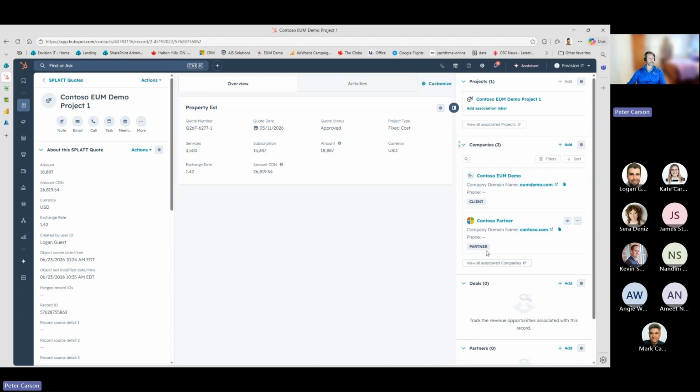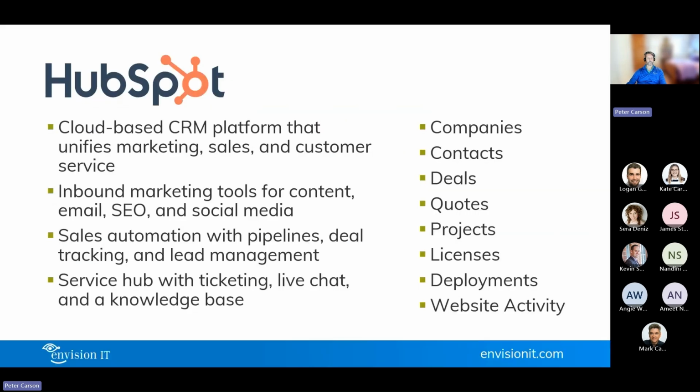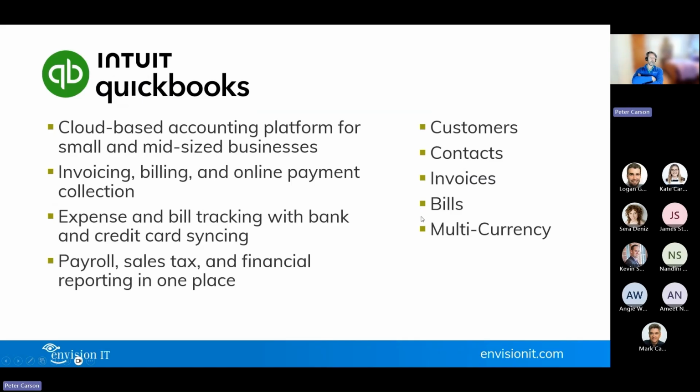So that's kind of the next item I think on my list here, which is on the QuickBooks side. So we use QuickBooks Online as our cloud-based accounting platform. It works well for our size of business. It supports multi-currency, which is a big thing for us. So again, we're tracking customers and contacts in here. So this is sort of the second instance of those entities, HubSpot and QuickBooks. But here we also have invoices and bills. We deal with multi-currency, payroll, taxes, all that kind of stuff is happening here in QuickBooks.